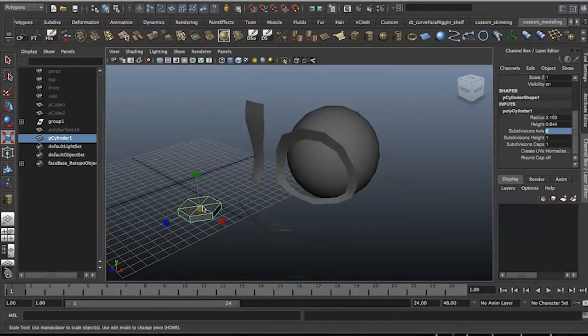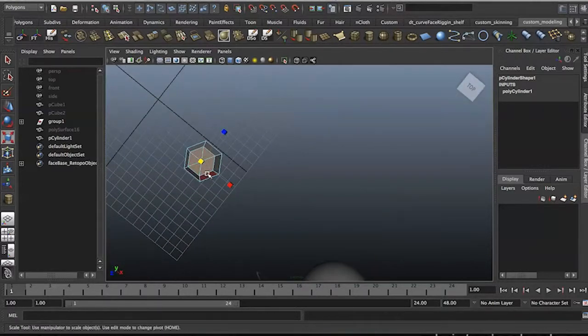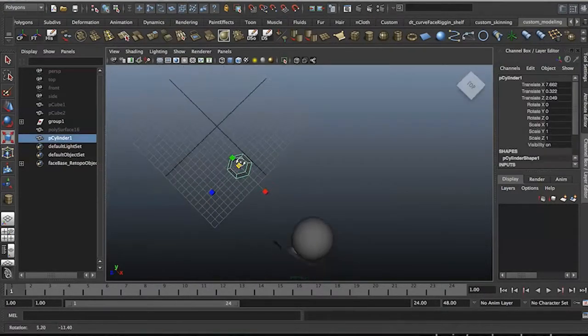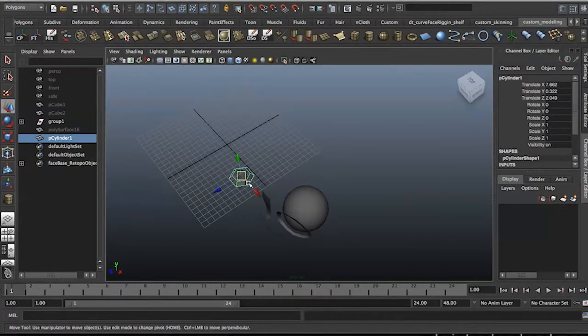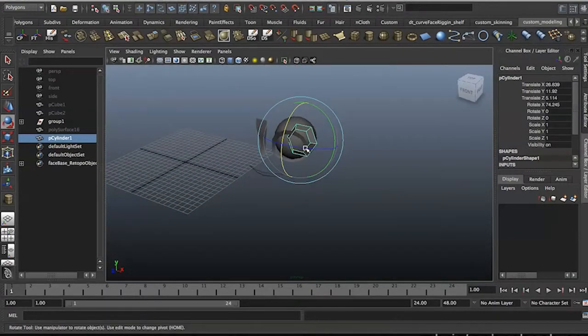Six, for say, right? And what you do is you take that cylinder and, there we go, just delete all the triangles there, and you end up with this cylinder, which is already the beginnings of the eye shape, for instance, or the mouth. So you'd place that there, and then